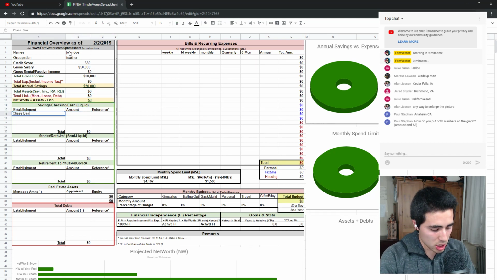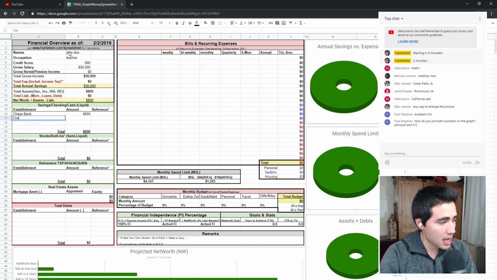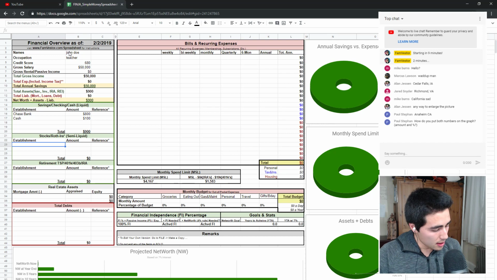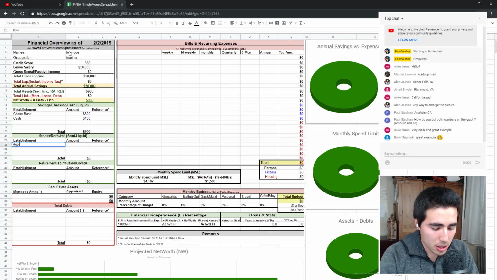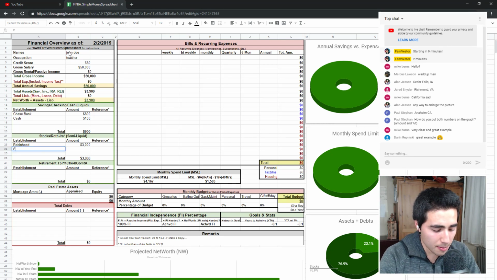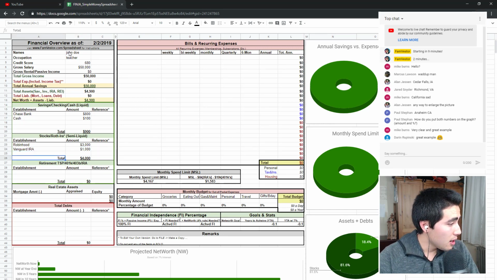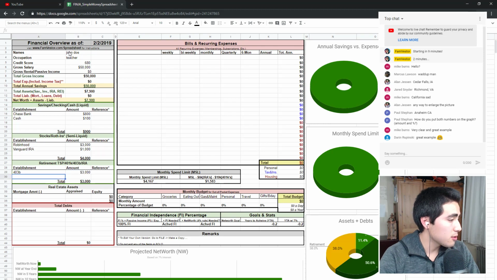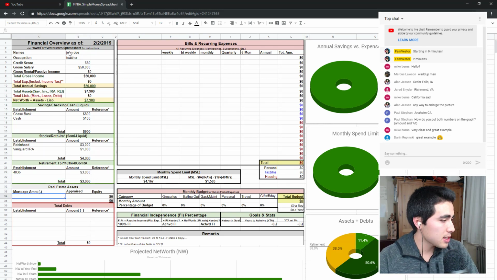Let's say he has an account at Chase Bank, and he has maybe $800 socked away there. And let's say he has some cash money for rainy days. Has $100 socked away there. And then maybe he has a Robinhood app because he's cool and hipster. And Robinhood's actually pretty good. So let's say he has $3,000 there. And then maybe he read my Roth IRA post and made a Vanguard IRA and has $1,000 there. And then in his retirement account, teachers get 403Bs actually, similar to a 401k. And then he has $3,000 there. And let's say he doesn't have any real estate.